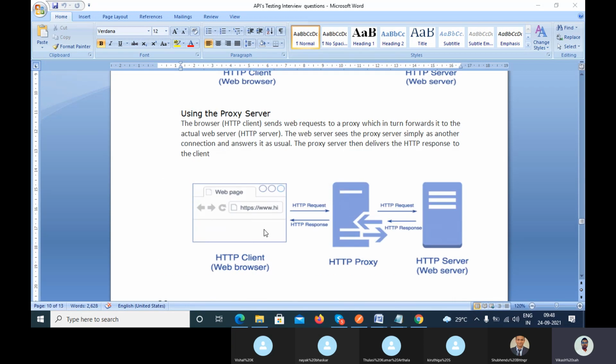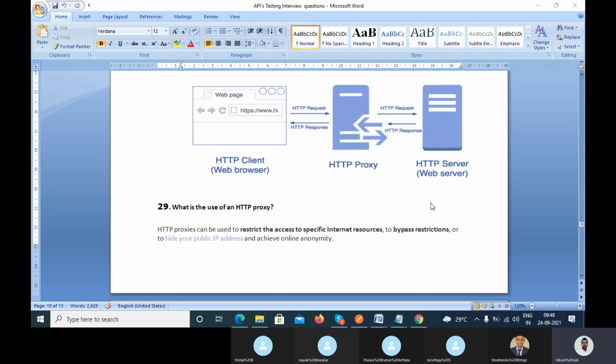Because of unwanted things, like what hackers do. If you go through the proxy server, it will find the harmful things and filter them out, and then connect with the web server, the HTTP server.